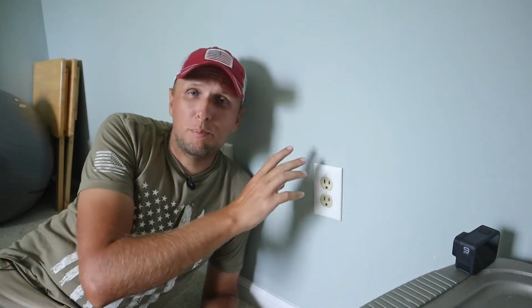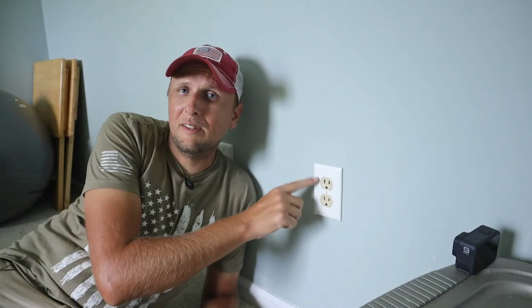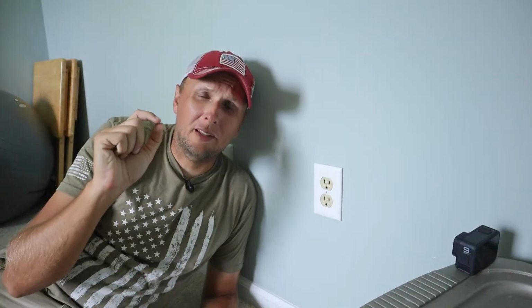Now, this is not uncommon. It usually takes a fairly long period of time for this to actually happen. It comes from just plugging things into it, unplugging it, yanking the vacuum cord out. It could be due to heat. And just over time, there are prongs or points inside of this outlet that actually hold that cord into place, and